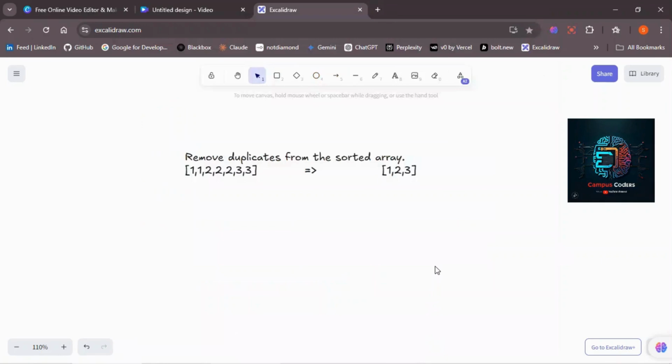This question says remove duplicates from a sorted array. So given a sorted array, there will be multiple elements, so we are going to remove all those duplicates and just give the unique elements in the array. So one way is to create a set and then add all the elements in the array into the set. And since set can only store unique elements, we can just retrieve the set again and then show the unique